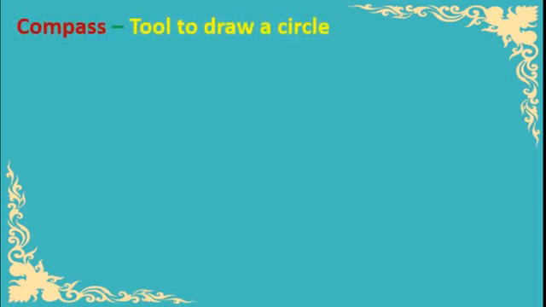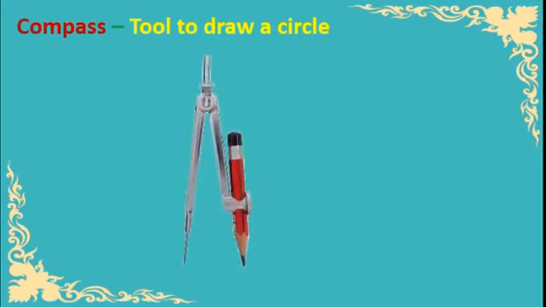Now, if we want to draw a proper circle, it is not possible for us to draw it with the help of our hand. We need some tool to draw this. See this? I know that you have seen this in your geometry box. This is called a compass. Now we will see the different parts of the compass. This is a pencil, you know. The pencil should be a sharpened one.